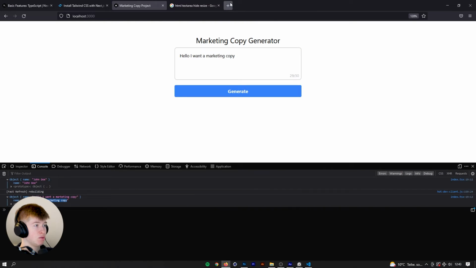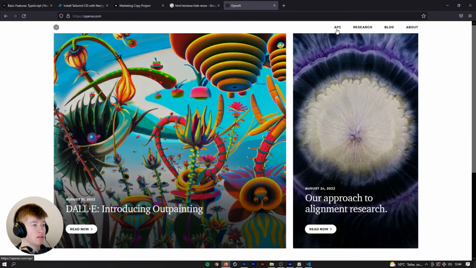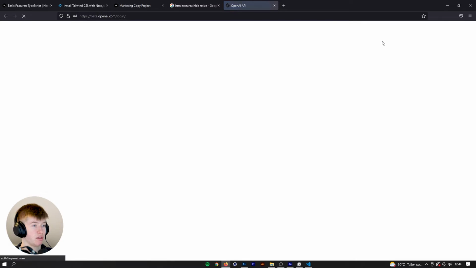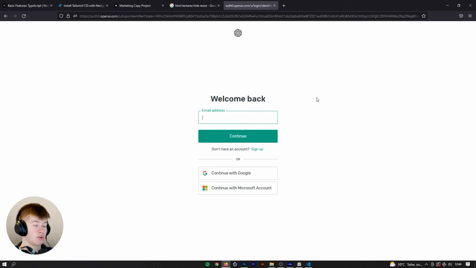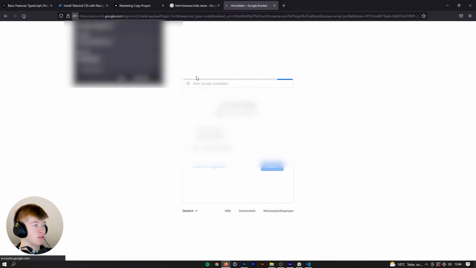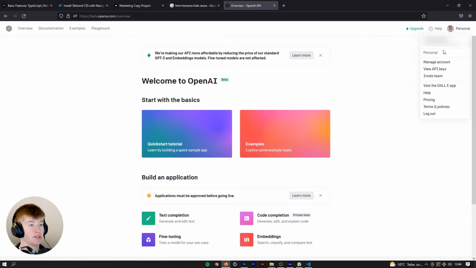And for that, we will need to go to openai.com, which is the project we're going to use for the artificial intelligence. And I might need to blur some data here, but I'm going to walk you exactly through the steps I'm going to take, so you can do the same. So the first step with OpenAI is logging in with your account. And if you've never logged in before, then it will probably ask you to verify your phone number,